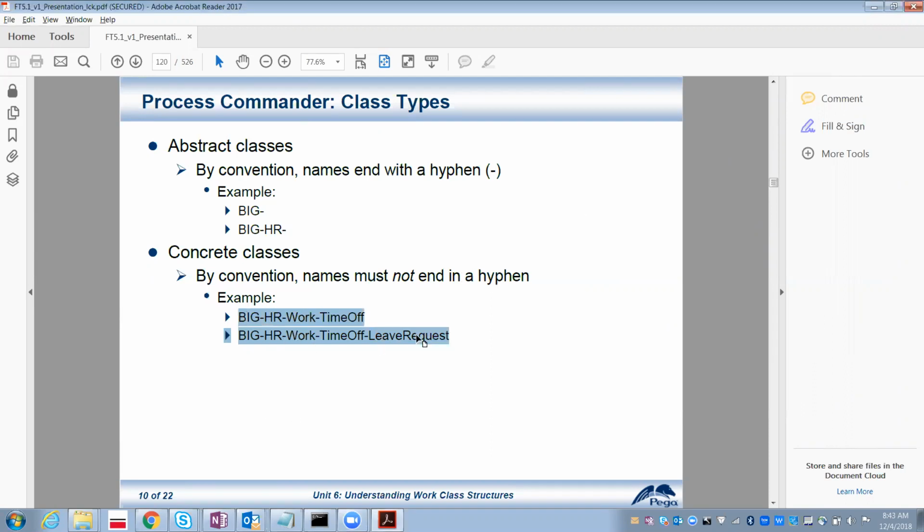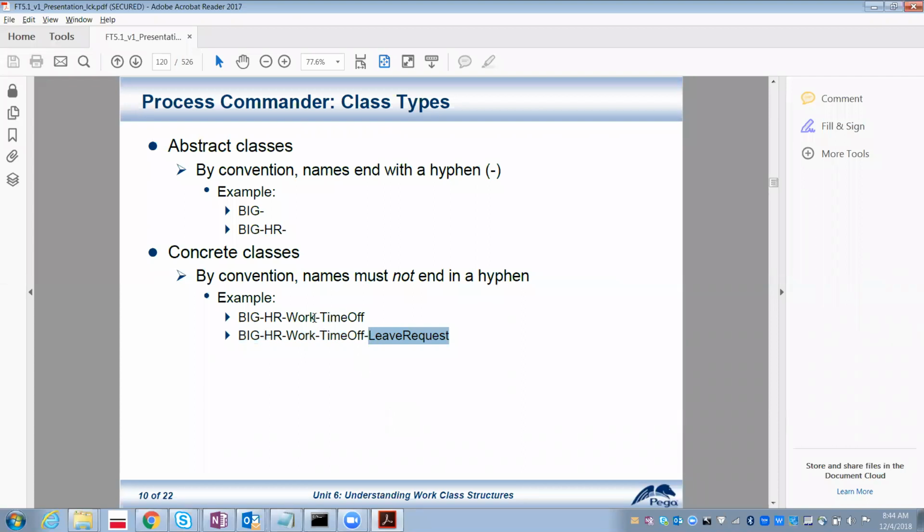For the second one, five classes. So how are you able to say that? Each and every class is differentiated with the hyphen. So Big is one class, HR is one class, Work is one more class, TimeOff is one more class, and then LeaveRequest is another class.